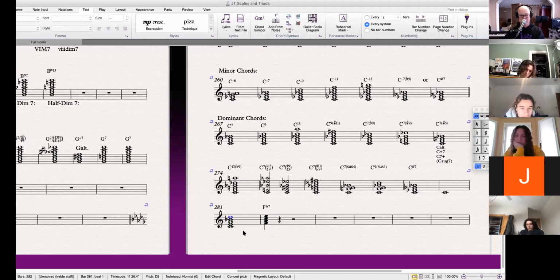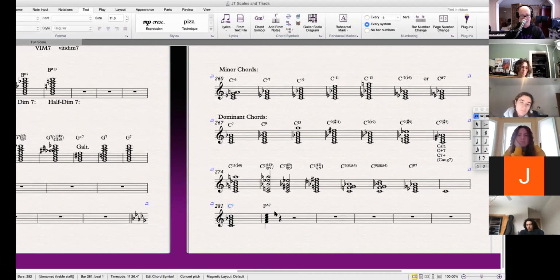Okay, so C9 is the 5 chord here to F, okay? And we can see the resolution. If I take this C out,